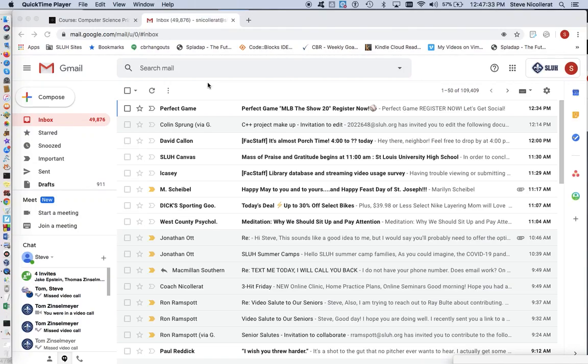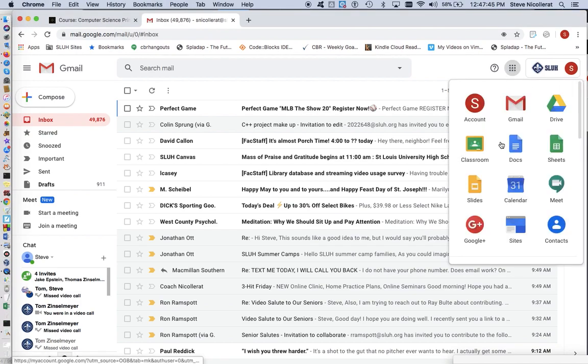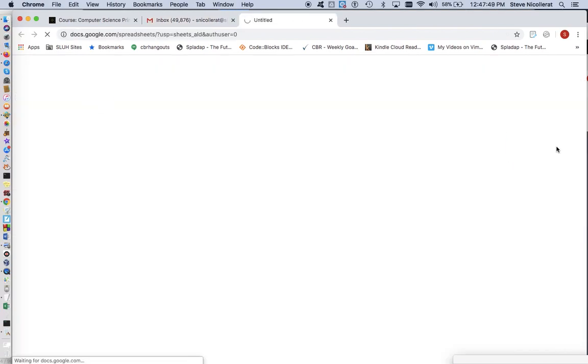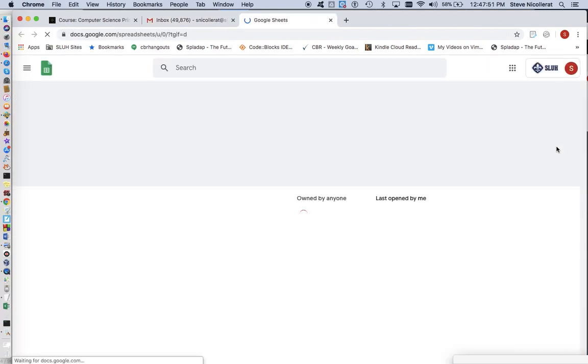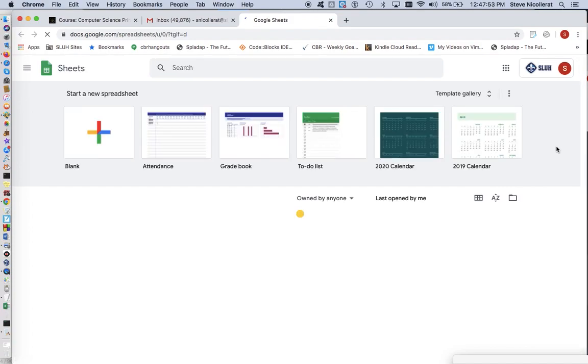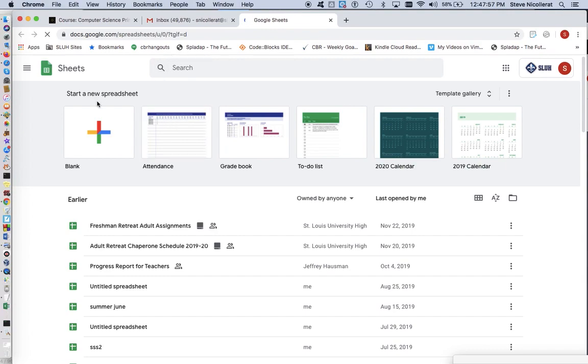Hi, everybody. Today we want to talk about another application that's available to us. So I go to my email program and I click right here, and you can see here is my docs. Well, today I'm going to go ahead over to Sheets. And Sheets is kind of like Microsoft Excel. Okay, it's a spreadsheet. So here I am, and I'm going to click on blank,